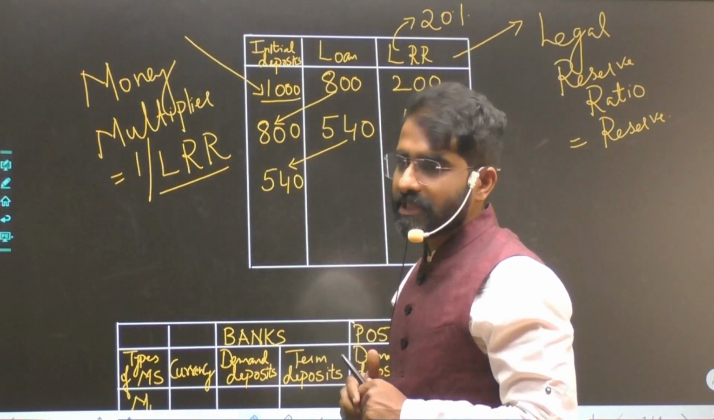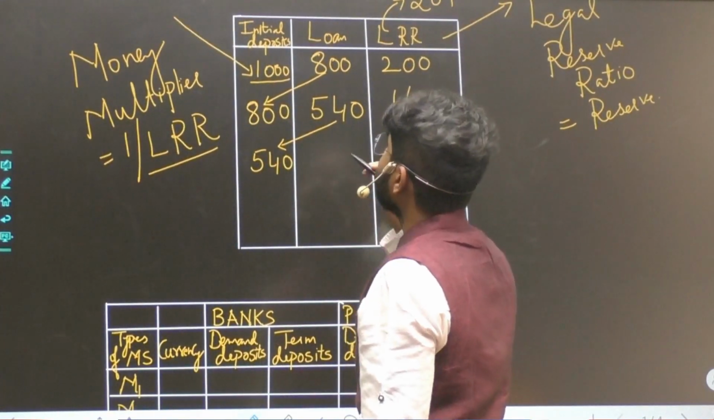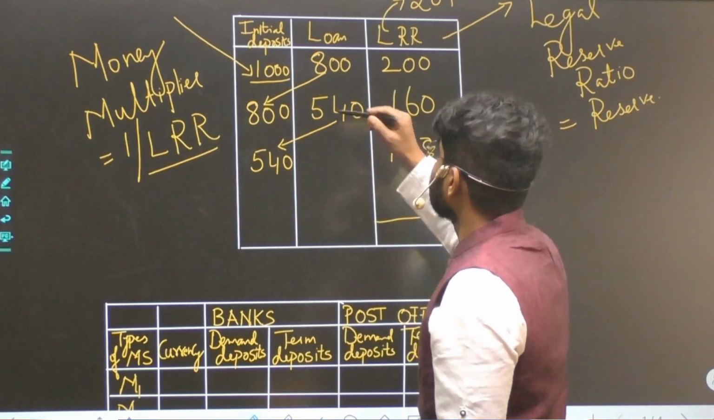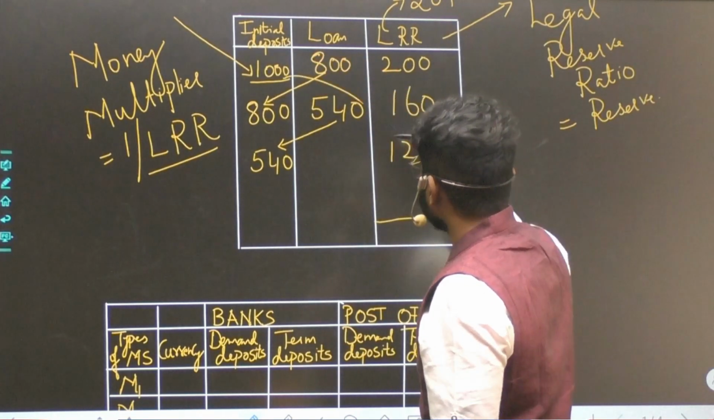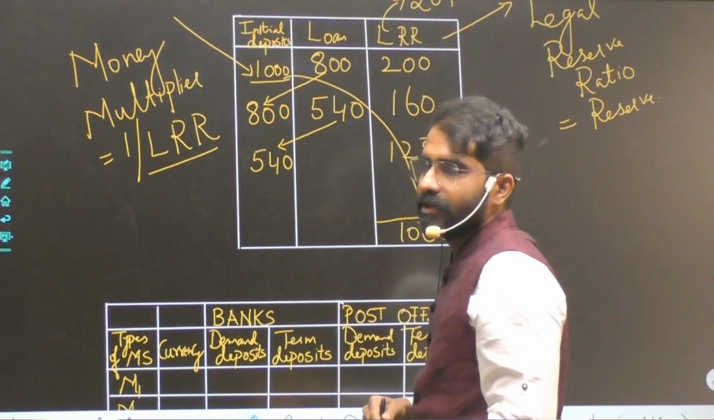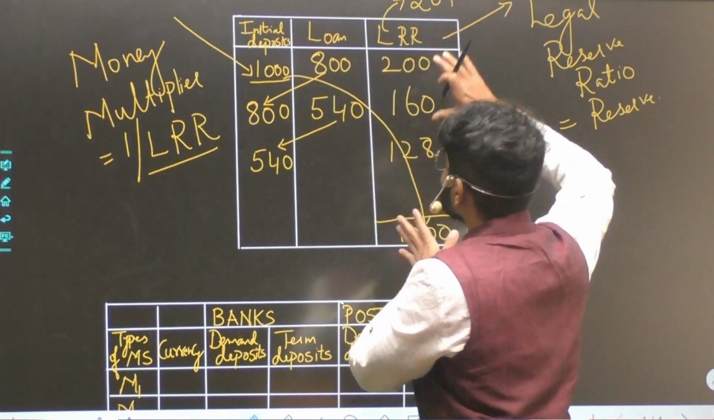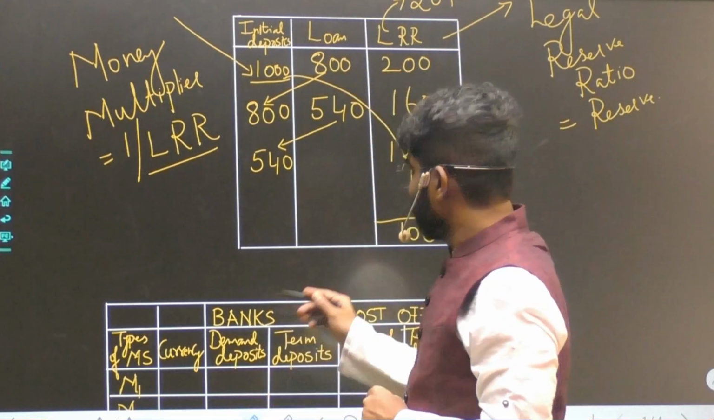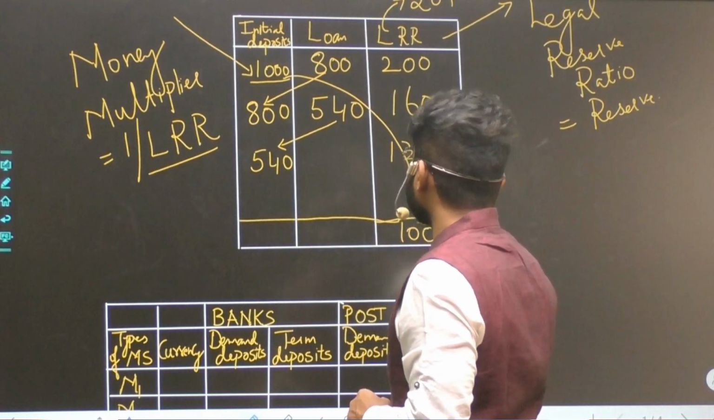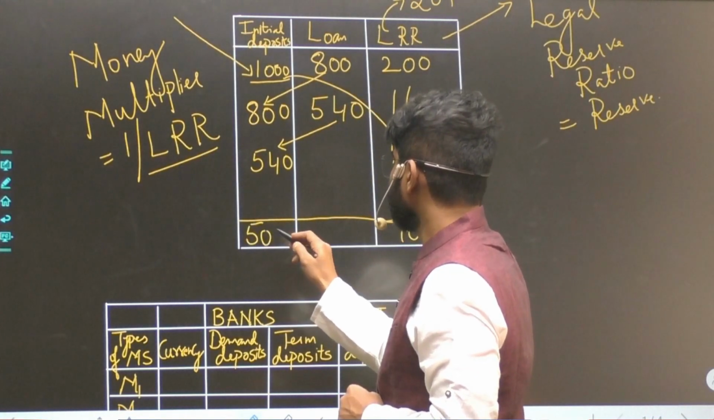Now the question comes up: this cycle is going to continue, till which point? This cycle will continue till the initial deposit becomes equal to the reserve. Till this becomes 1,000, this cycle is going to continue. So this cycle will stop when the complete 1,000 which has entered has gone into the legal reserve. So if this becomes 1,000,